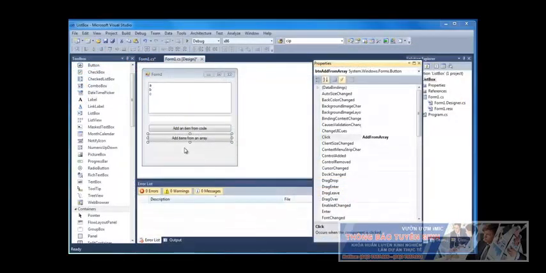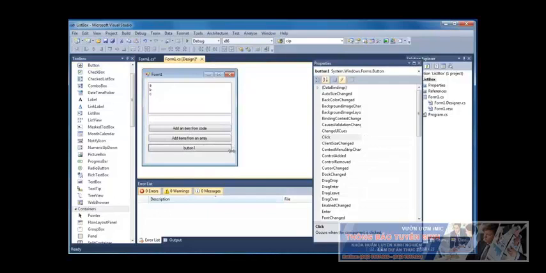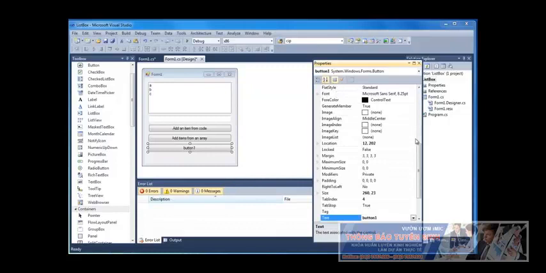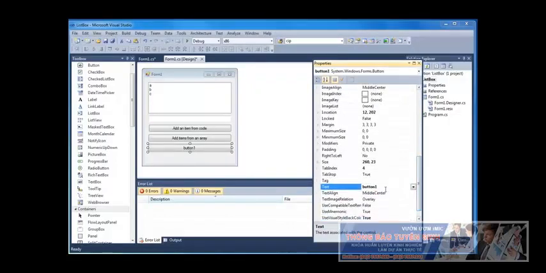Okay, so let's take a look at how we actually get the items back out. What I'm going to do is add another button here, and change a property of that button. I'm currently in the events view, so I must make sure I've got the properties showing so I can actually see the items. I'll find the text that says button 1 and put in here